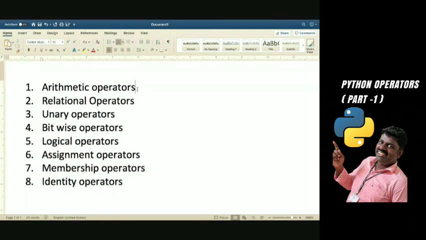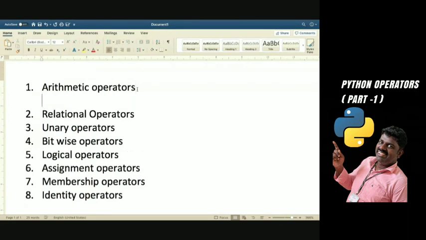Arithmetic operators, as you know, that is plus, and then minus, and then multiplication, and then division, and then modulo, and then integer division, and then we have exponent also.